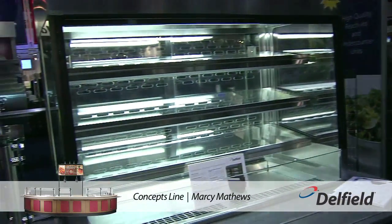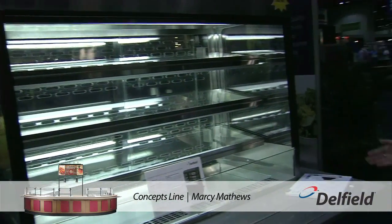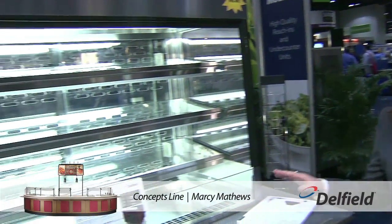Okay, well, this is our new Concepts line. Concepts has been on the market for about a year now. What we did is we had phase one, and now we're launching phase two. We wanted to take everything that was in phase one and expand upon that so that we had many more options for our customers. Part of that is our new air screen merchandiser, available as a drop-in, also built into